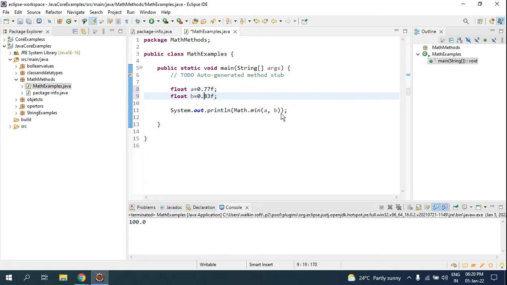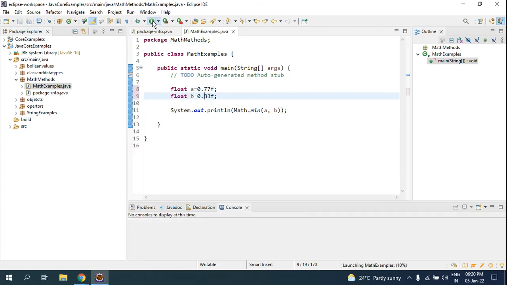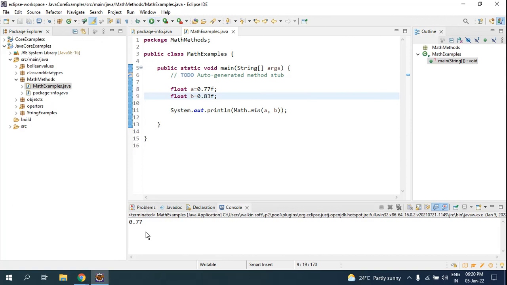Now I'm comparing two values and I want the least value to be shown here. I'm using min, not max. If I use max, the highest value will be printed out. If I use math.min, it shows me the smallest value. Look, it gives me 0.77, which is the least one out of the two.